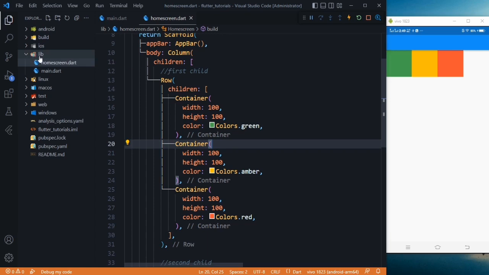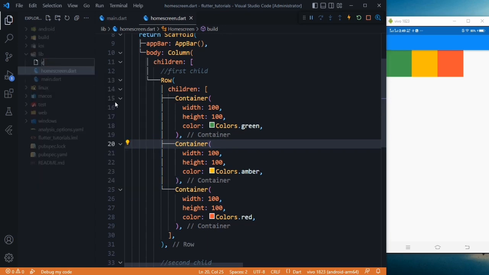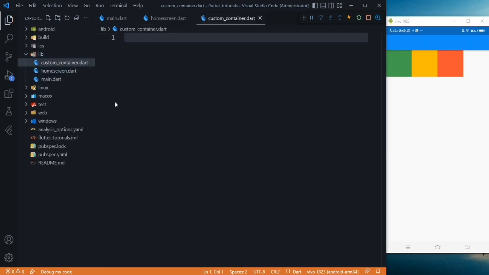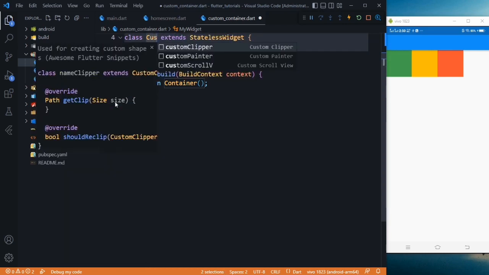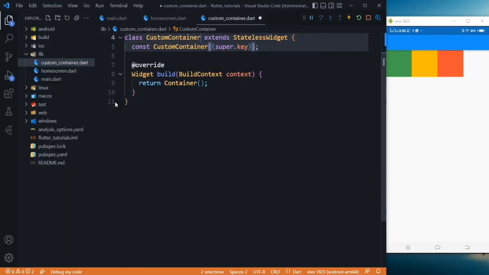Let's create another file in our lib folder and name it anything, custom_container.dart. You can name it anything. And after that, let's create a widget. So it can be stateless or stateful. So if you want to change the state of your widget, you can use stateful widget. Otherwise, you can use stateless. So I will go with the stateless one and name our widget as CustomContainer, and here we are returning